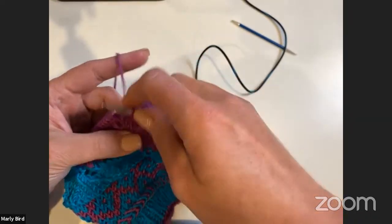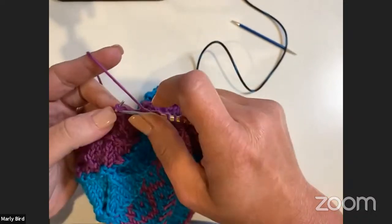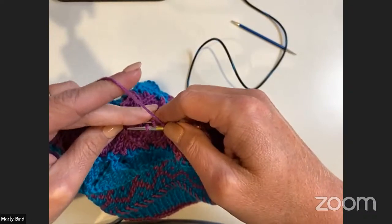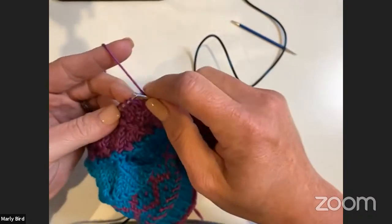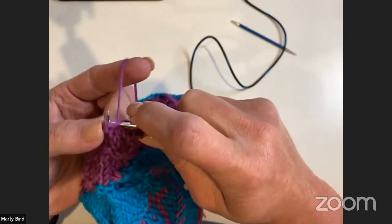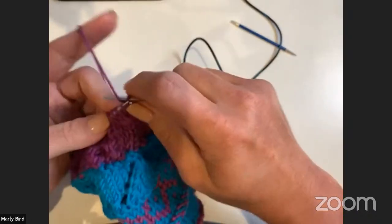Let's see, that's a left, right, left, and then 2, then a left, right. You guys see why I never use a cable needle? It just goes so much faster for me not having to put stitches on a cable needle. I just keep moving along. And it's really helpful when you have needles that are really pointy to get into those stitches. Makes it great. All right, so left, right, left, knit 2,